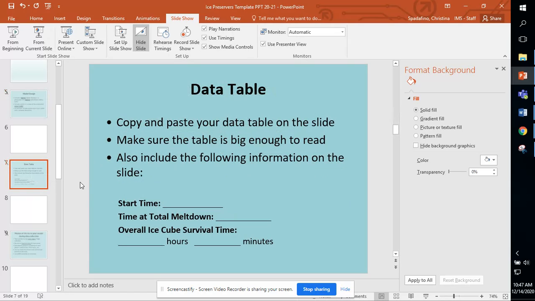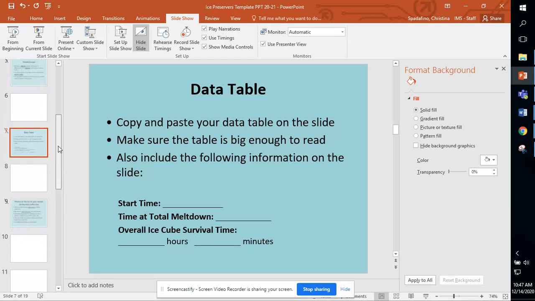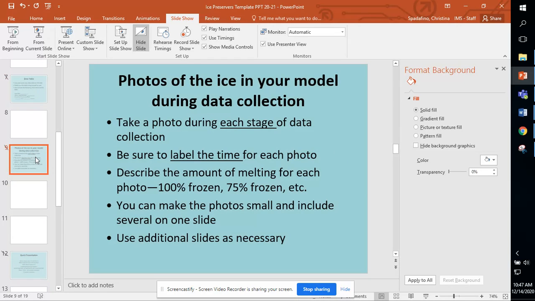For the data table, this comes next. If you need more than one slide to put your data table, great, then do that. Make sure that starting time, meltdown time, and then your overalls are included as well. Remember, photos of the ice.